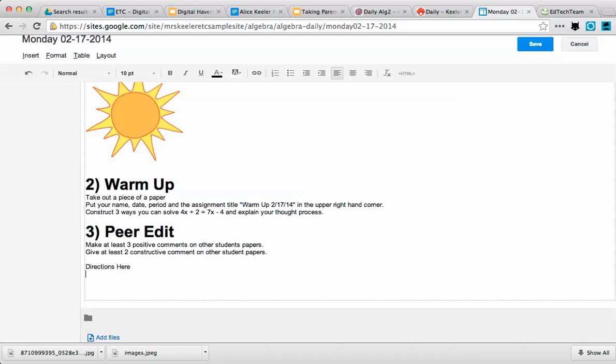My Common Core says to persevere in problem solving, to write over extended periods of time, which means I have to keep drawing them back. Hey, remember these directions? So if I do it on a Google Doc, I don't have to retype it every time. So if you've got your cursor where you want it,